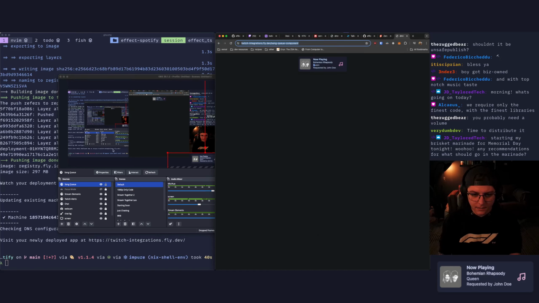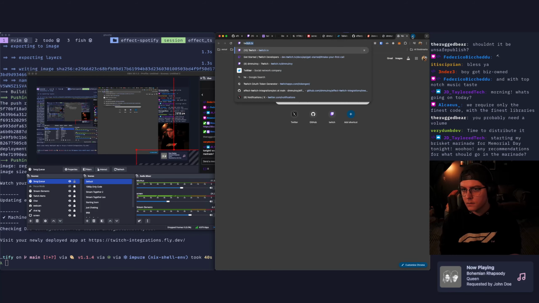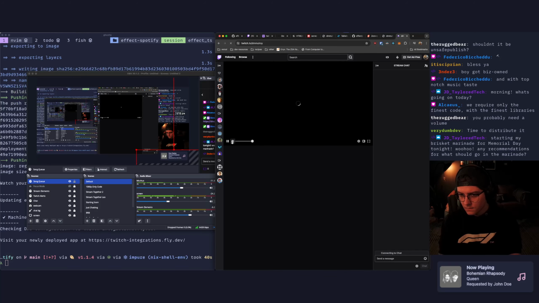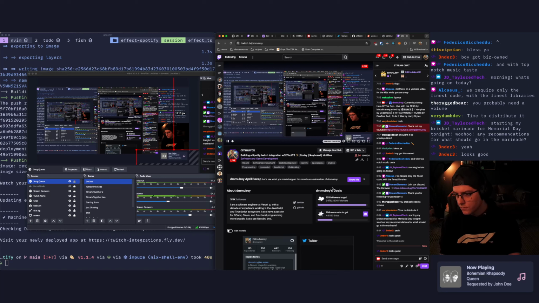Can you guys see that? Does that look good there? Is that where we should put it? I can also move my camera down, move chat down, put it above chat.